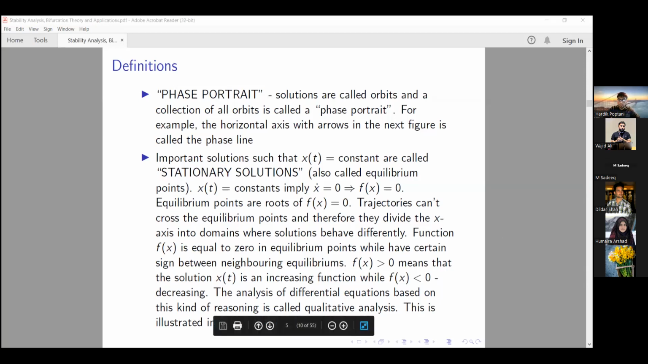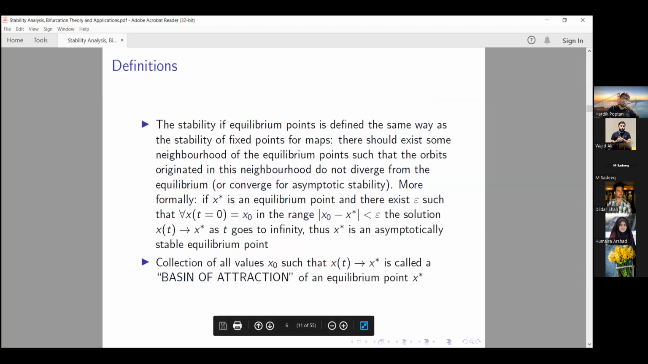This is, of course, illustrated in the next figure. And then the stability of the equilibrium points is defined the same way as the stability of fixed points for maps. There should exist some neighborhood of equilibrium points such that the orbits originated in the neighborhood do not diverge from equilibrium. More formally, for the proper definition, if x star is an equilibrium point and there exists epsilon such